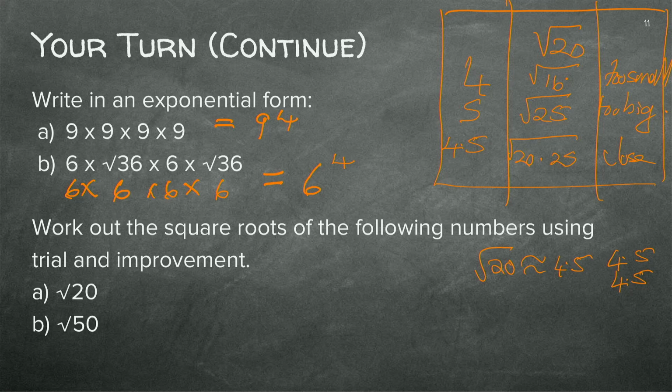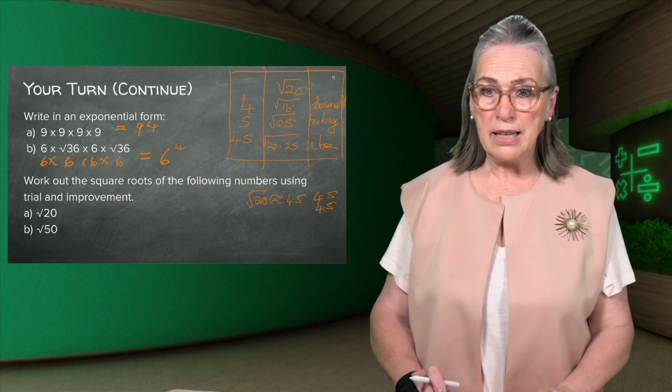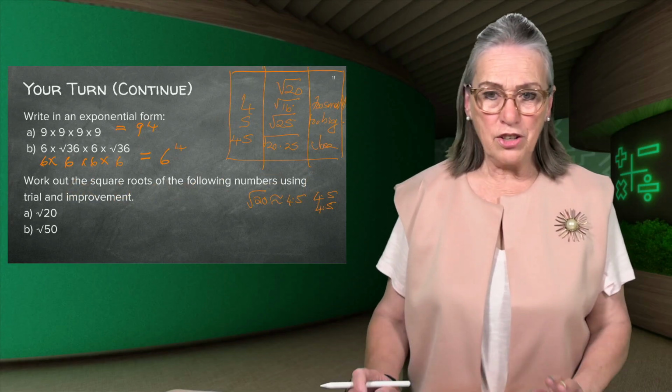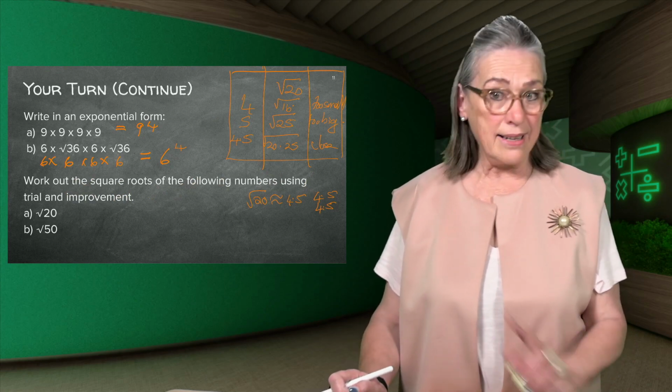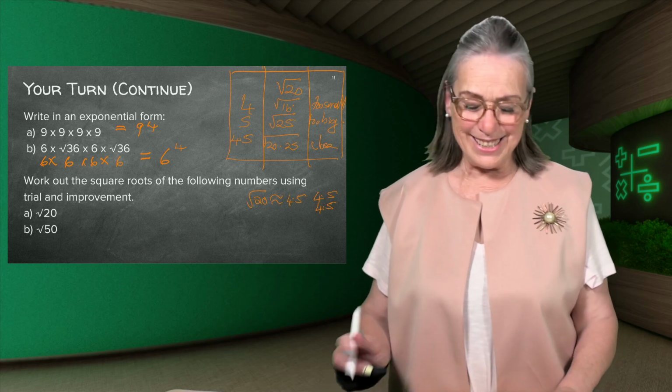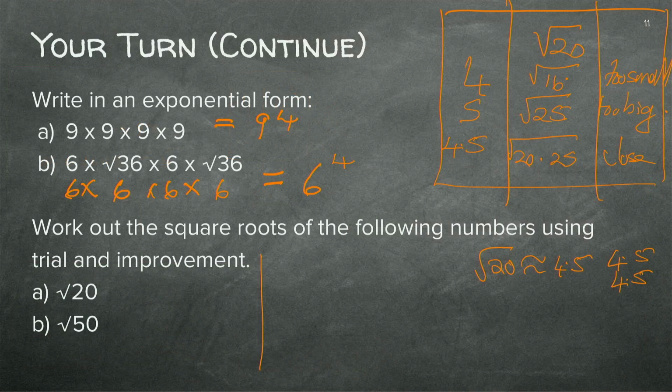If you haven't done this, I want you to stop and do the square root of 50 on your own. And I'm going to show you just now, since I've given you an example. Another example. Okay, let's do the 50. So we draw again. We're going to draw our tables.